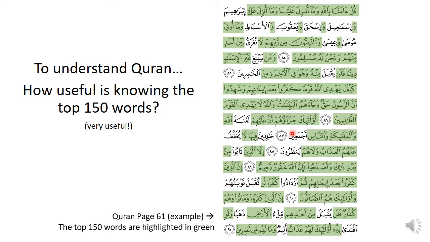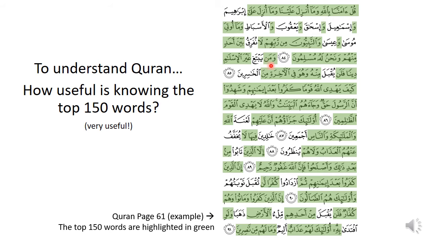You're going to start with a base and then gradually learn the words one at a time. And you can even see the first couple of words, they're names of prophets, so you probably already know them. So if you know all the green words, the words that we're covering, this is Ibrahim, Ismail, Ishaq, Yaqub, Al-Asbat. So these are some prophets, Musa, Isa. This is a good illustration of the power of the 150 words.